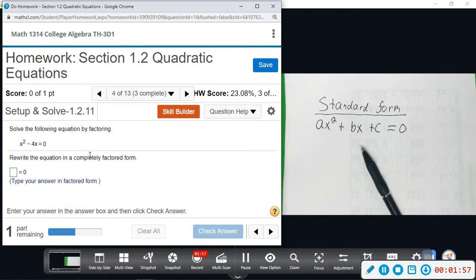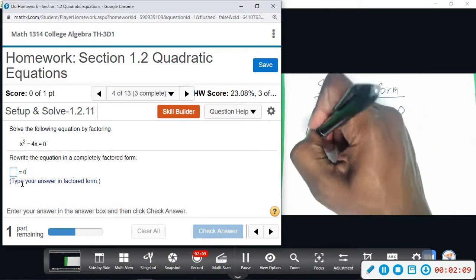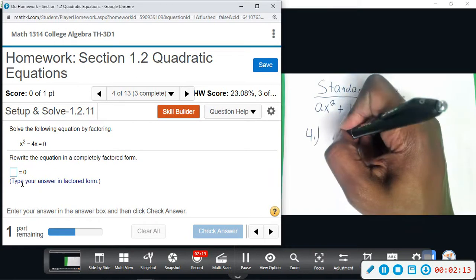Alright, number 4, we want to solve by factoring. Okay, so rewrite completely in factored form. So we want to write our problem in factored form. And there's 2 parts, looks like they're showing me. There's 1 part remaining. So we have x squared